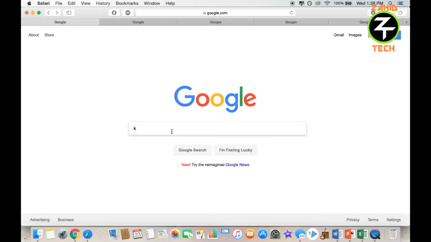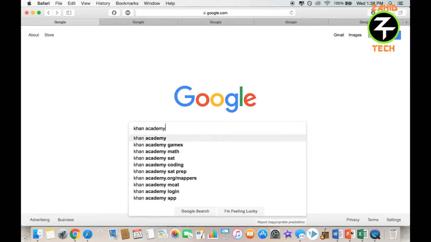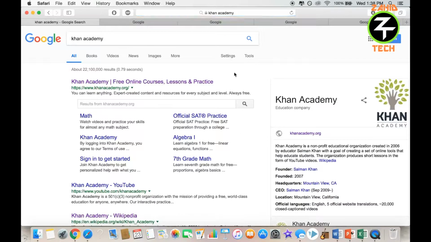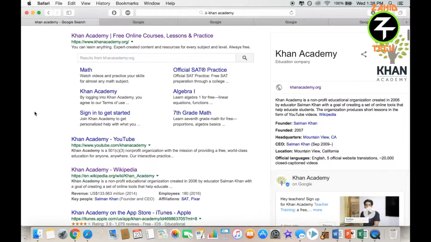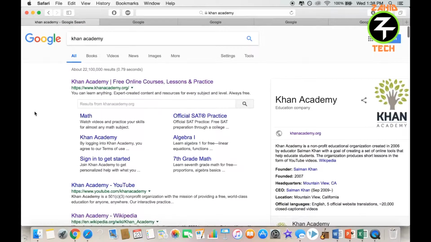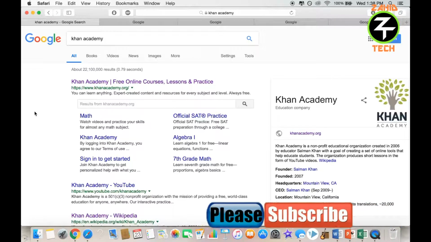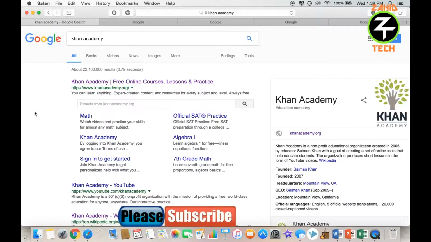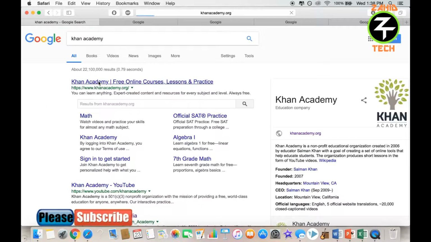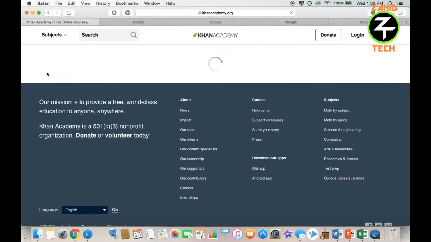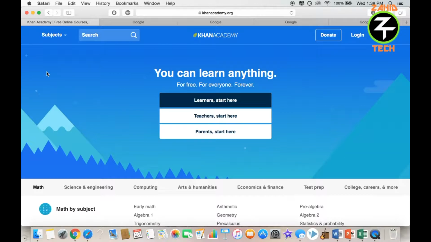So the first thing I'm going to do is type in Khan Academy. I'm sure a lot of you guys are familiar with Khan Academy, but for those of you who aren't, it's basically an educational website, okay? It's a non-profit educational website, meaning they don't make any money off of this website. It's funded by people who donate to the website and all that kind of good stuff. But basically, I've used Khan Academy a lot all throughout high school and college to help learn things and fill in the holes where my education didn't really teach me well enough.